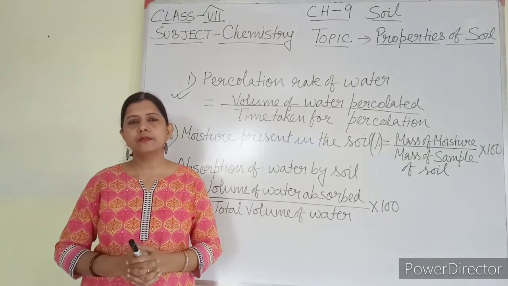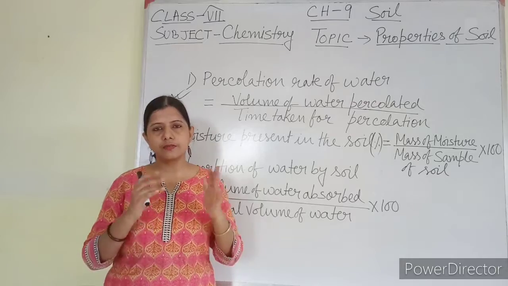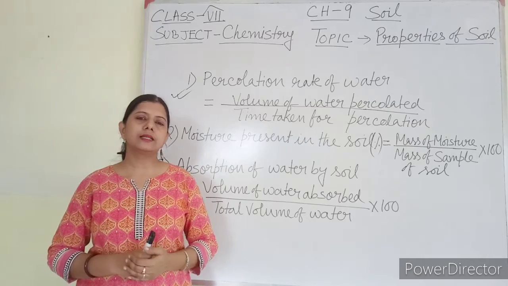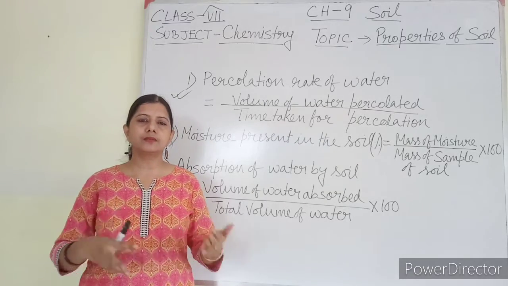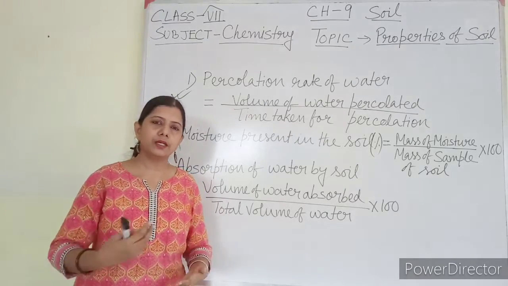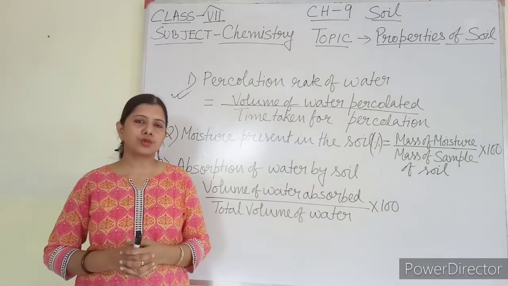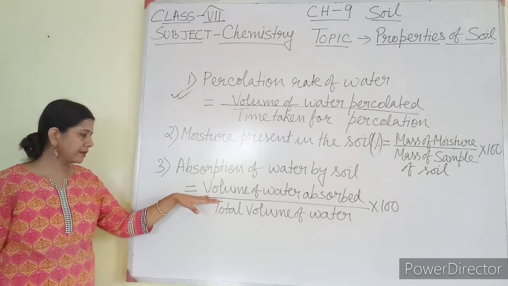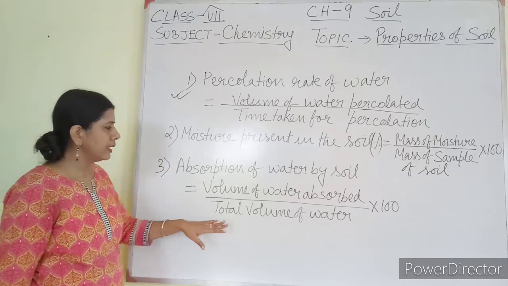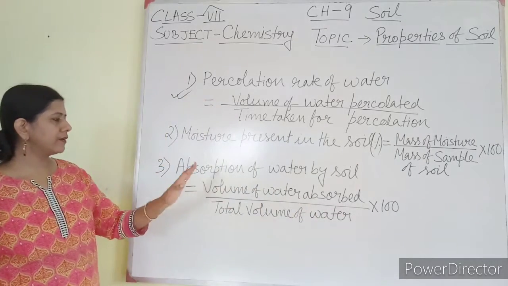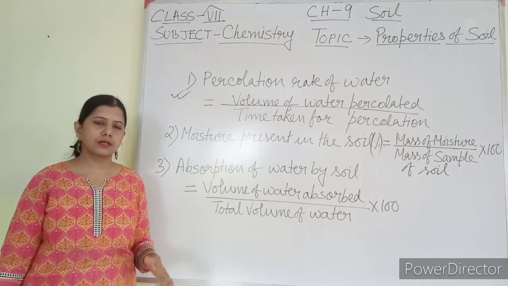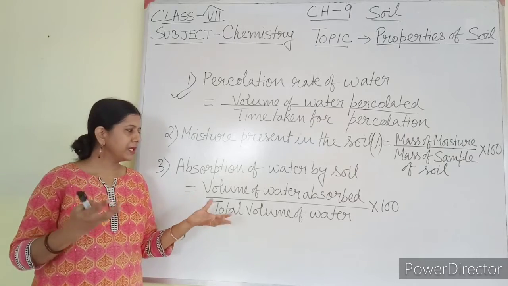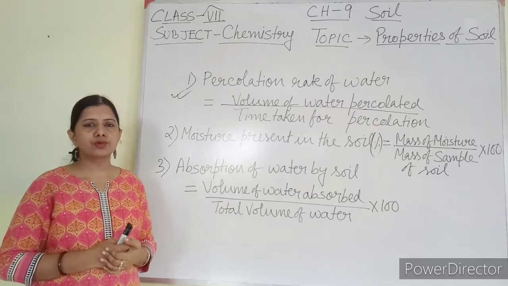So I have taken previously the total volume of water as 50 ml. Now I will calculate the amount of water which is deposited in the beaker. It may be 15 ml, it may be 25 ml, it may be 30 ml. It depends upon the soil how much it will drip. So I got the volume of water absorbed by total volume of water into 100. So here also I will get one mathematical answer, means data will be available to me and I